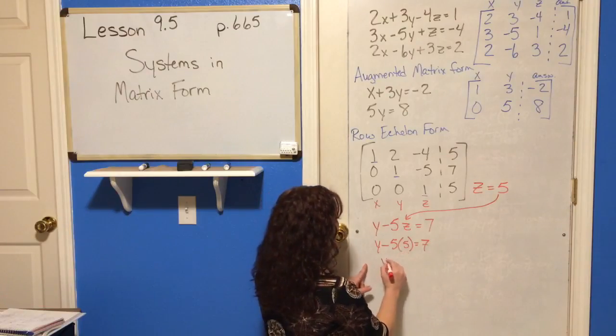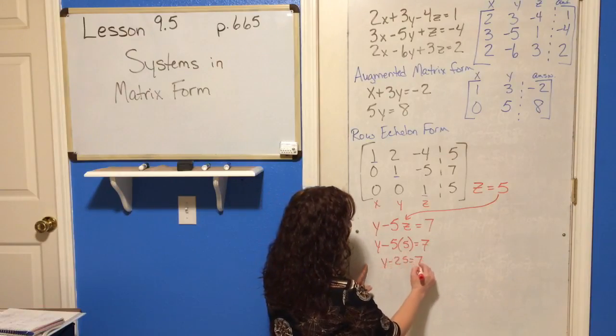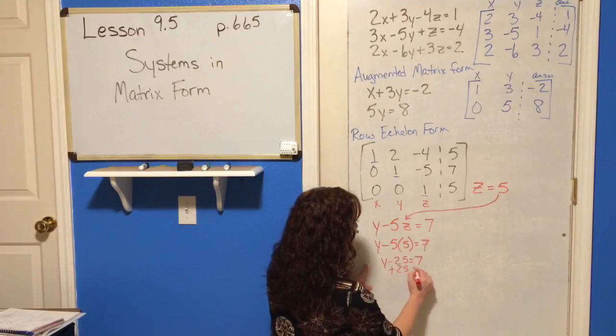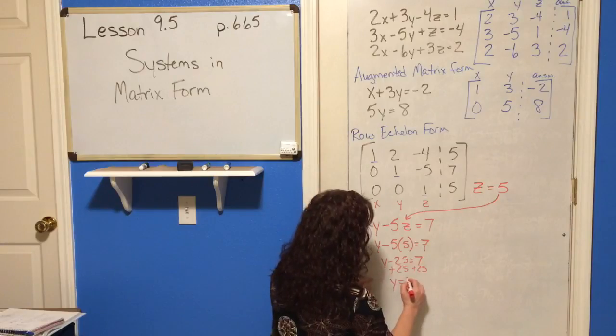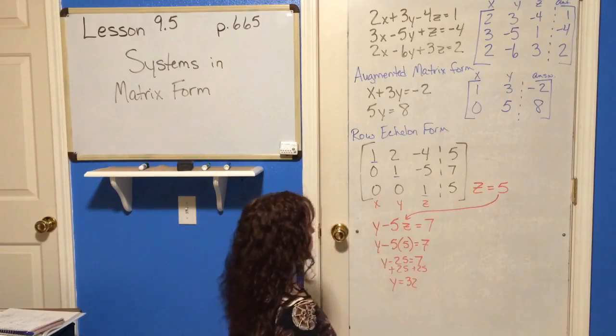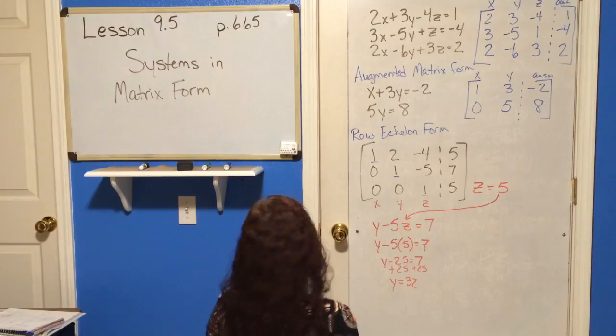5 times 5 is 25, so Y minus 25 equals 7. Add 25 to both sides. So Y equals, a big number, 32. All right, so,